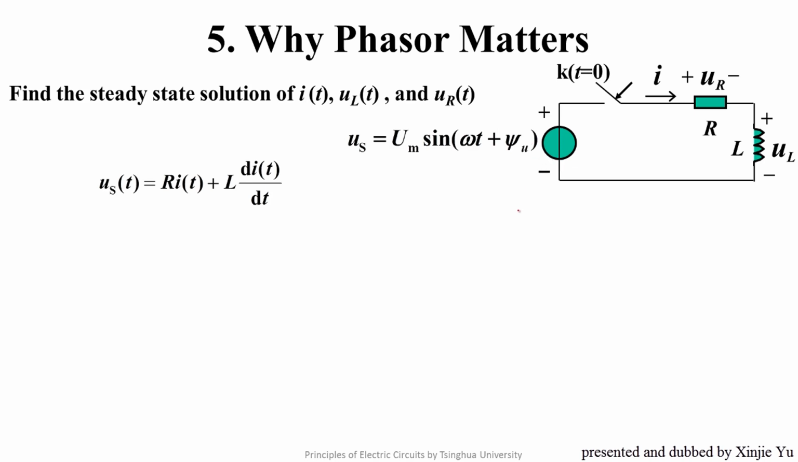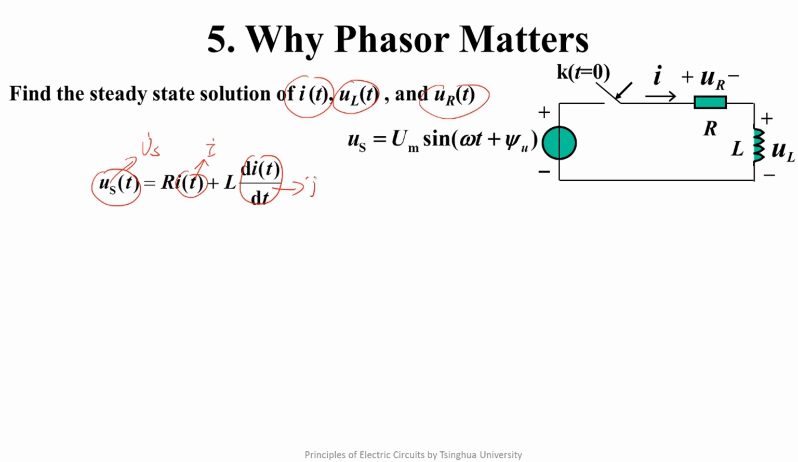In the last part, let's review the question discussed in the beginning of this lecture. We want to find the steady-state solution of i(t), u_L(t), and u_R(t). This is the equation. Now we express all sinusoids with the corresponding phasors. u_S(t) corresponds to phasor U_S, i(t) corresponds to phasor I, and di/dt corresponds to jω times phasor